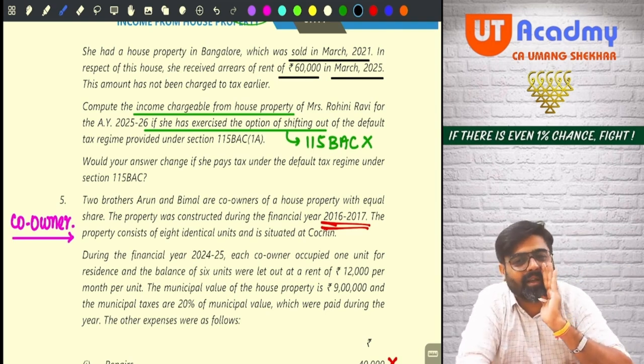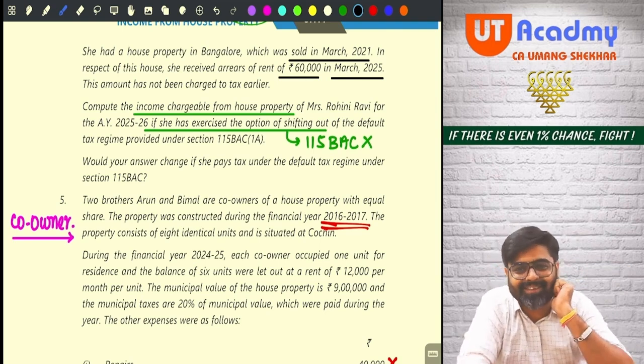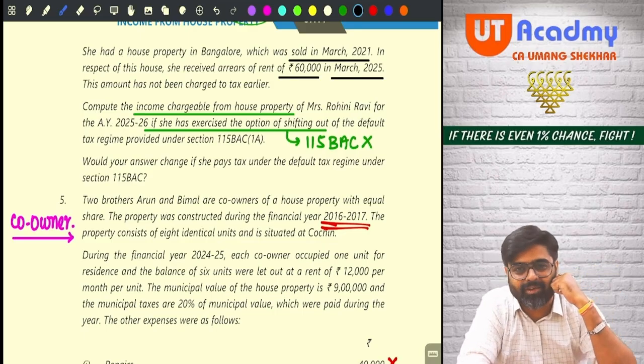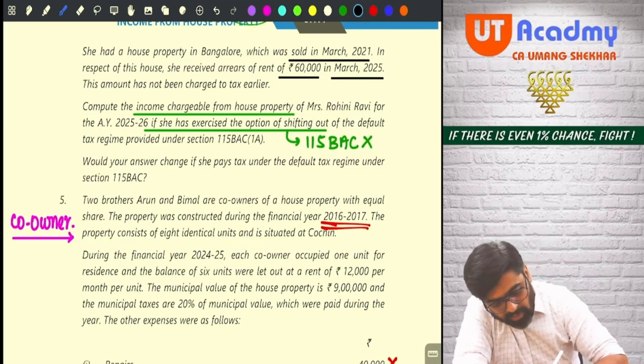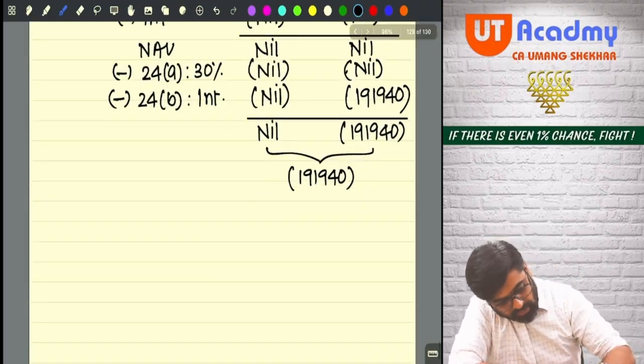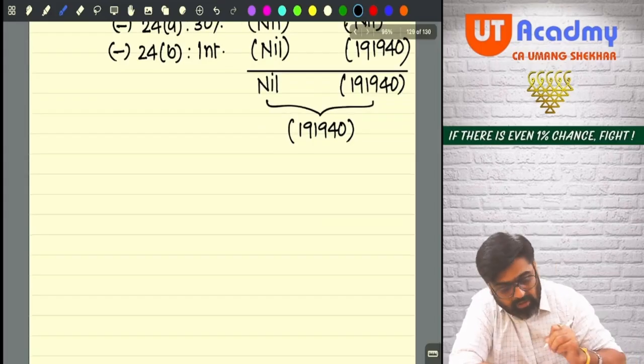But after taking 30% standard deduction, without taking any deduction for what? Expenses incurred for recovering such 60,000. Got it? So what I will do? Am I calculating my house property income? So now what I will do? Below this, I will write